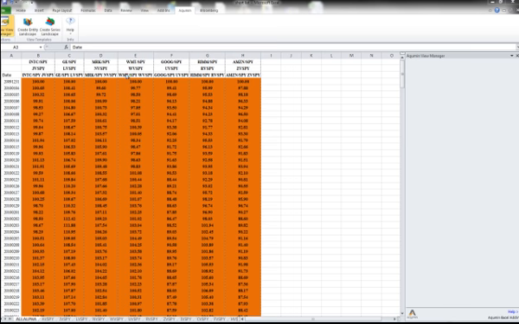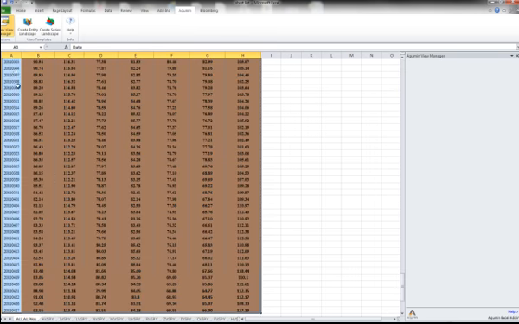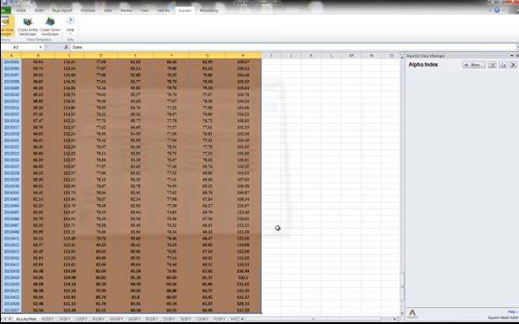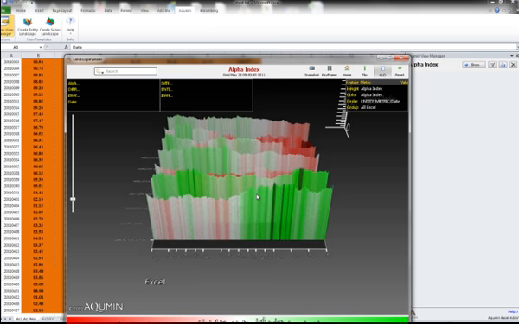So what I'm going to do is first select the data I want. I'm going to click Date, and select my data. Now all the data is ready for AlphaVision to consume. I'm going to create a series landscape. Let's call it Alpha Indexes, and I'm just going to hit Create. This should give me AlphaVision and the ability to interact inside all of the data points. We'll see if anything interesting pops out. So here we go, and I'm going to pull this down a little bit